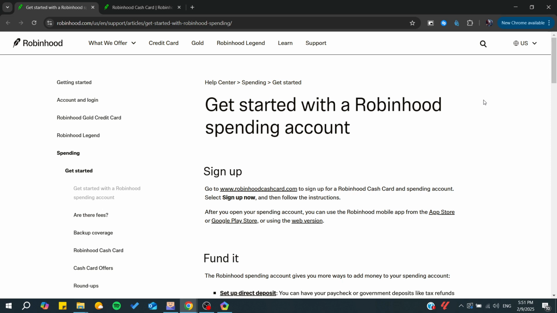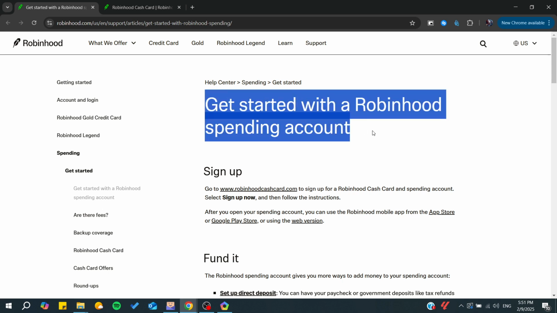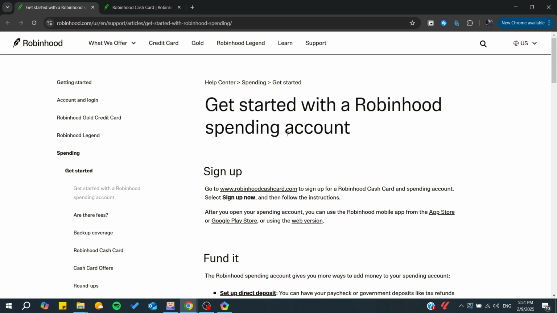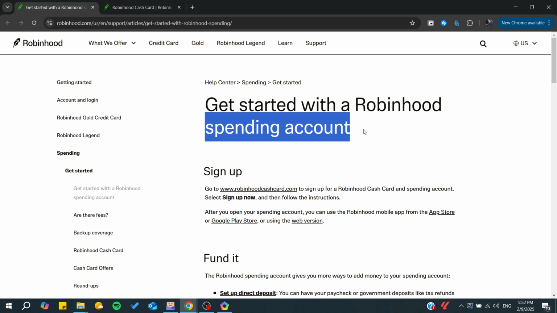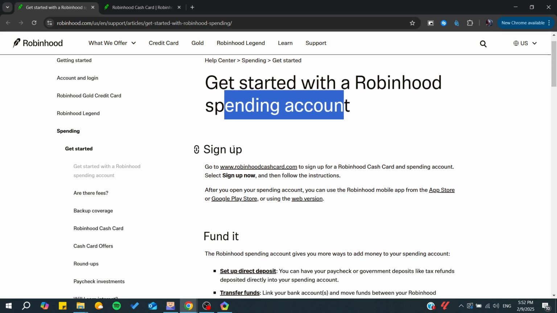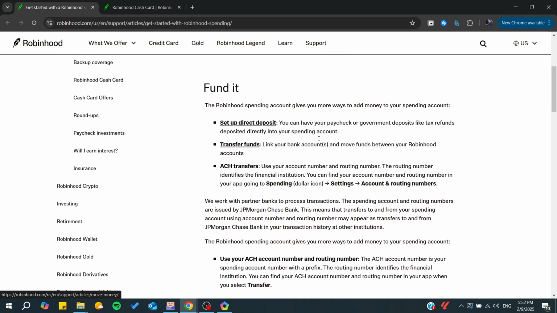So here we are going to see this article of Robinhood, and it will show us how to start with Robinhood spending accounts. And basically, to have your debit card, you will need to have your spending account. And first, after signing up to your account in the Robinhood application or website, you will be needing to go